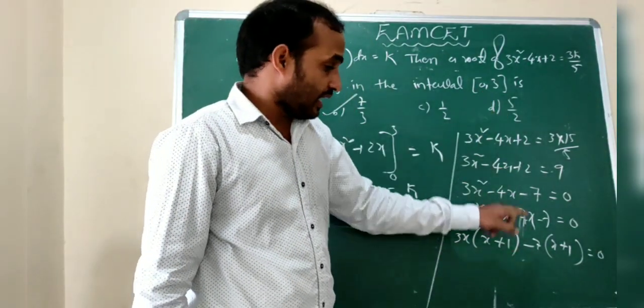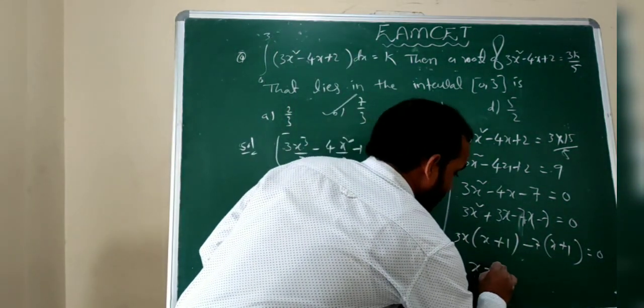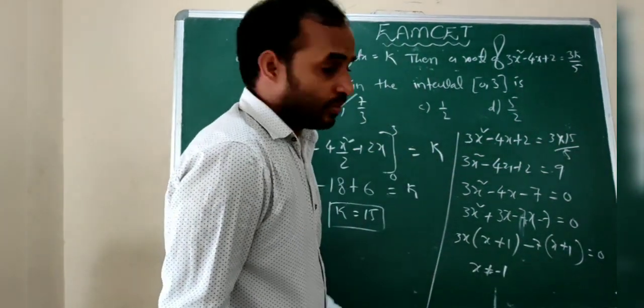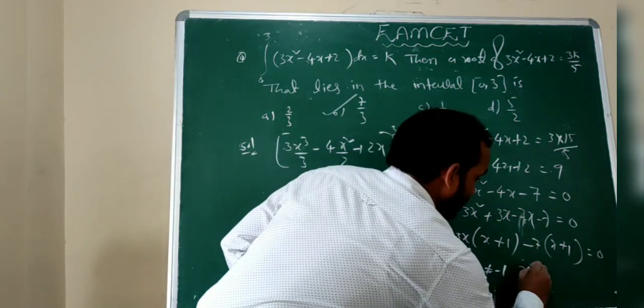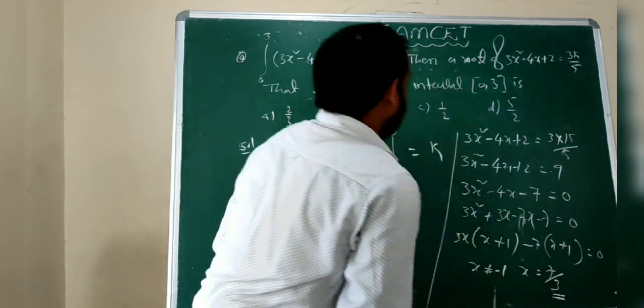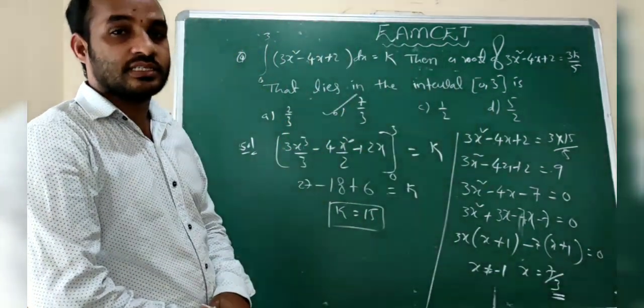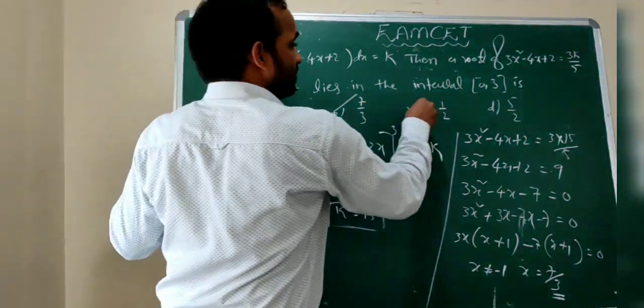This is not in the interval. So x not equal to minus 1, because of your interval, only x is equal to 7 by 3 is the correct answer. B option is correct. Remaining A, C, D